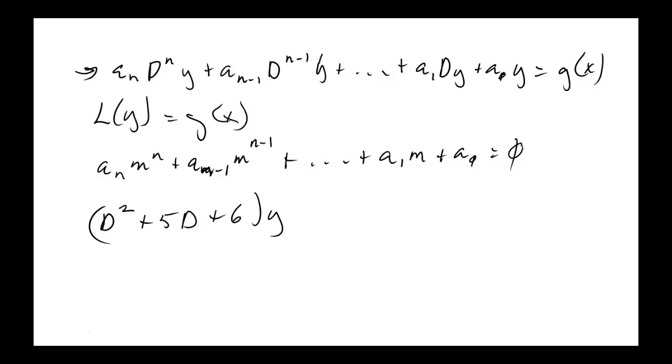That's what it is now. But these are operators. But guess what? We're going to factor them just like they were numbers. That would be D plus 3 times D plus 2, times y. So that means either